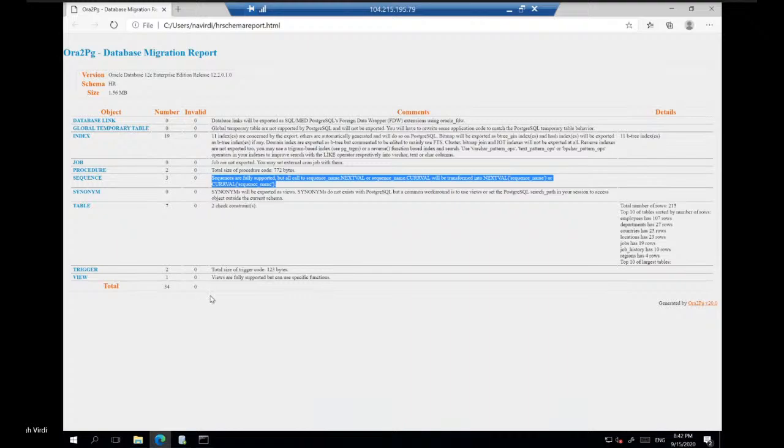Typically you will see things like where a particular view uses some Oracle functionality like DBMS_ views to do some special things. Those kinds of views and programming constructs can be listed here.